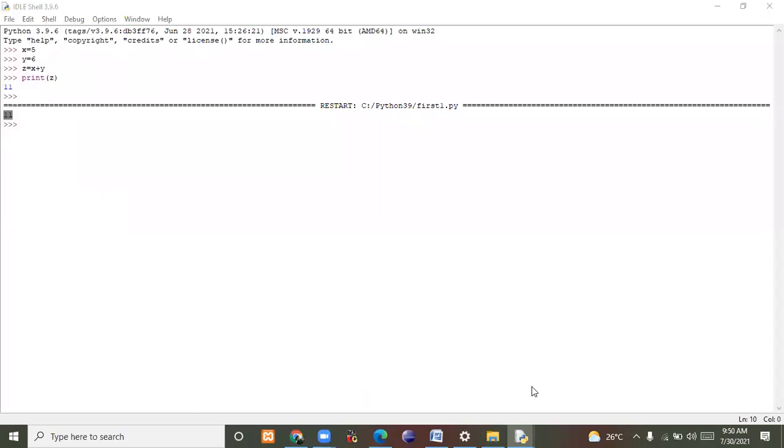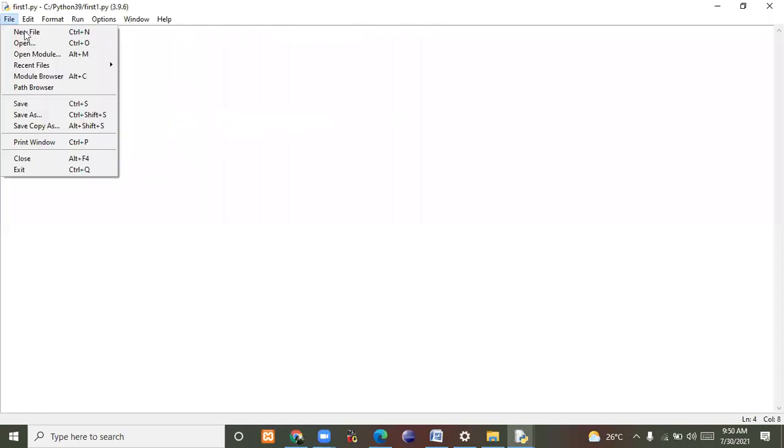Here is one more code I want to tell: File, New File. Here I am explaining indentation, which is very important. For example, I take x = 5, y = 6. Students, see, if condition x less than y. In C language, what do you write? Open braces and closing braces, right? But here it is not like that. Try to understand. Here we are not going to write any open or closing braces.